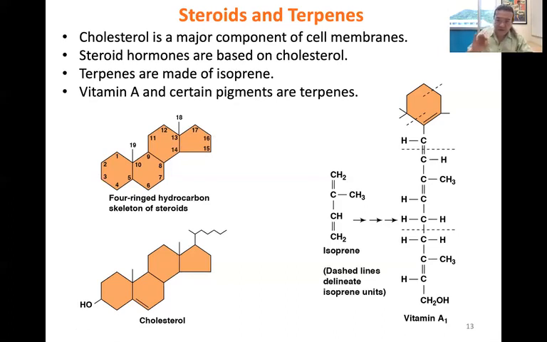This 4-ringed structure that you see here is the basis of a steroid. Okay, steroids like testosterone and estrogen, so these are the sex hormones in men and women, right, are these molecules, right? So they are technically a type of lipid. Where do they come from? They come from this starting molecule here. This is cholesterol. Right? So cholesterol, again, is a hydrocarbon that is now in this typical 4-ring structure,